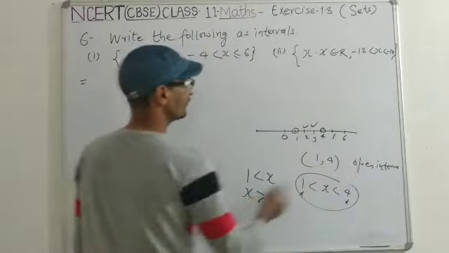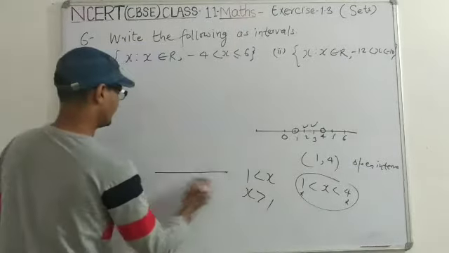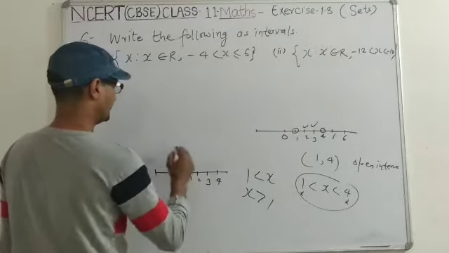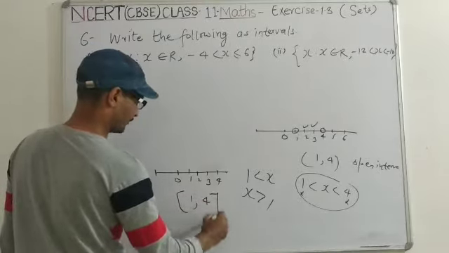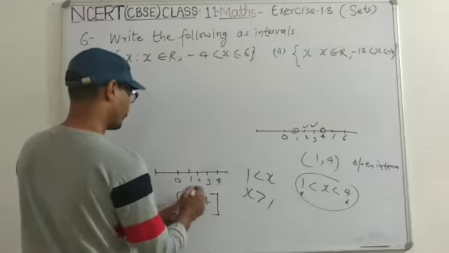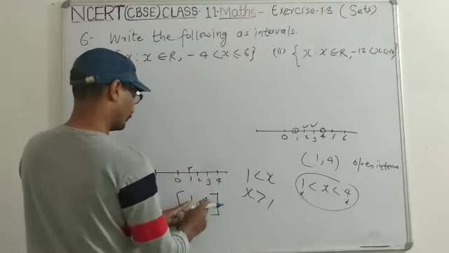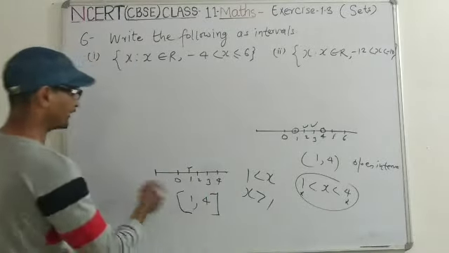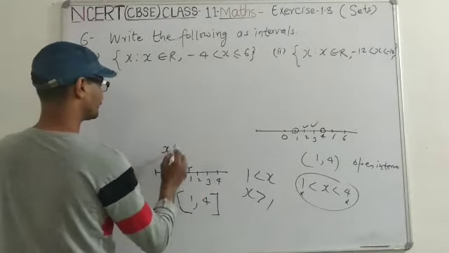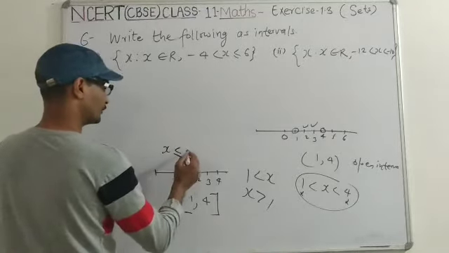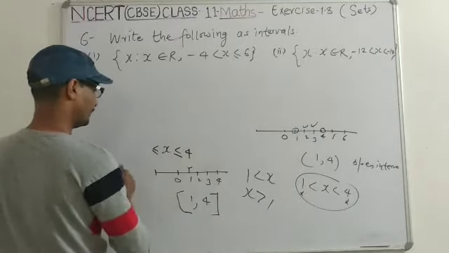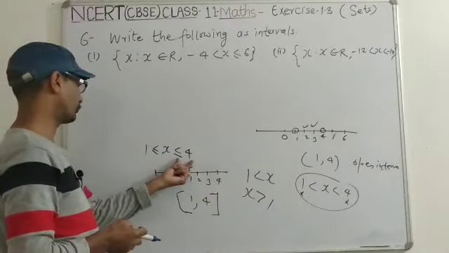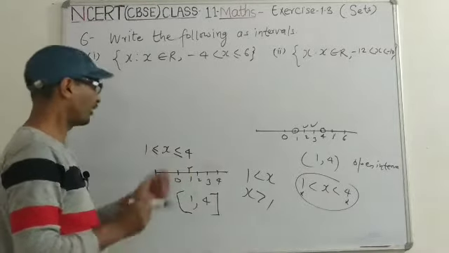And the closed interval: if you are taking a closed interval 0, 1, 2, 3 and 4, if I am writing like this 1 and 4, it is the symbol of a closed interval. We are taking also the end points. For 1 to 4, a closed interval means we are taking also 1 and 4. So the numbers are 1, 2, 3 and 4. And how to write? X such that x is less than or equal to 4, and also this 1. From 1 to 4 included, 1 and 4 also. So it is the closed interval.